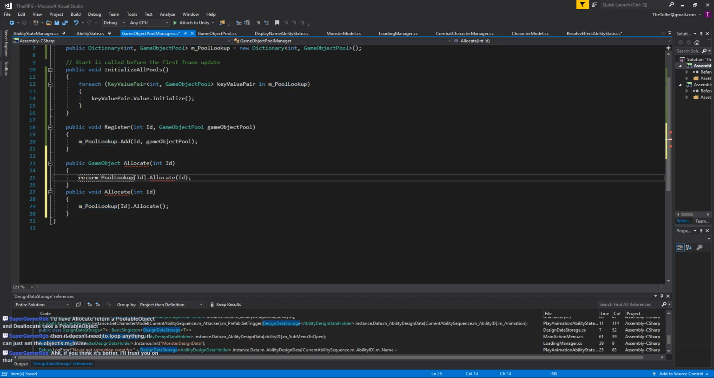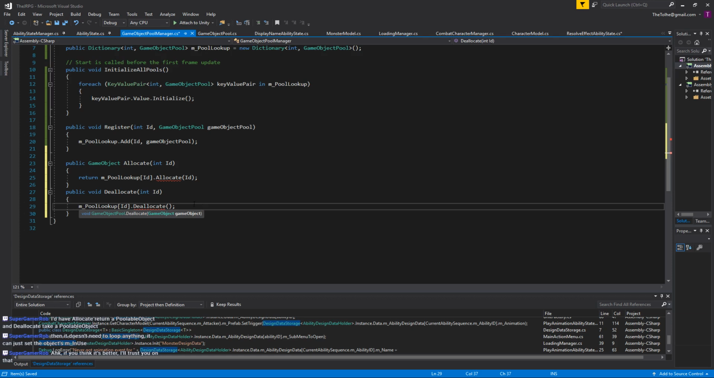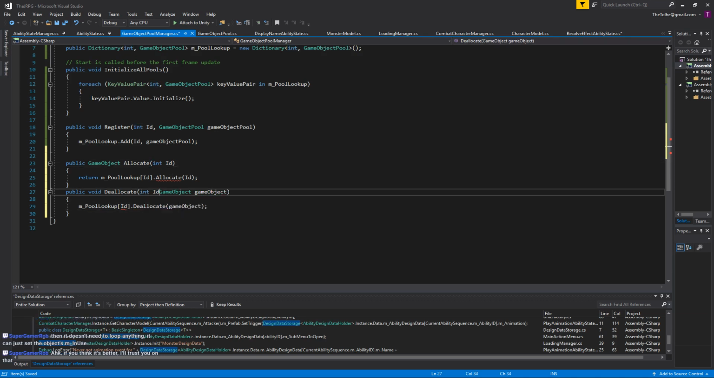And then this needs to return, and then this needs to deallocate, and then this needs to deallocate, and then it needs to take in a game object. So now this thing just needs to take one game object, pass in, but it'll also still need the ID technically. Okay, so then this is how we